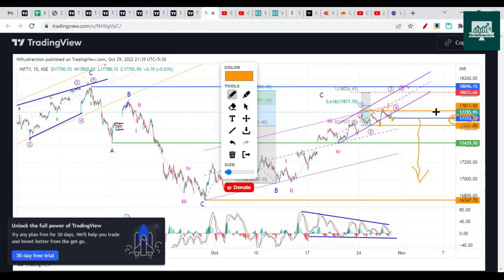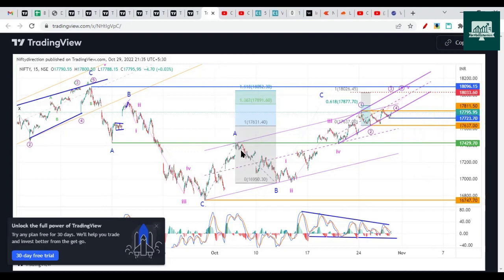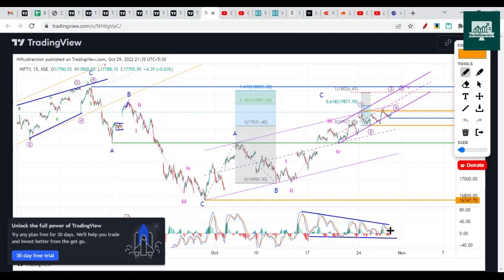And this is not a big deal to be broken in a single day. So it can touch 18,000 and then give a sharp drop, breaking 17,723. That is just 300 points. We have seen in previous days that a 300 point break in a single day is not a big deal. So that can happen, and while this happens, we can see MACD breaking out of this channel. So tomorrow that can happen.